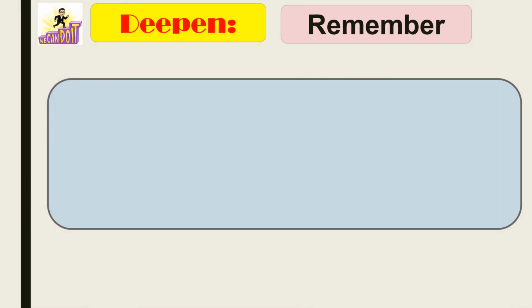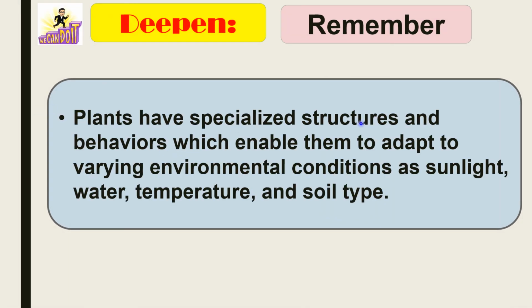So remember, plants have special structures and behavior, which enable them to adapt to varying environmental conditions such as sunlight, water, temperature, and soil type. So these are the importance of the